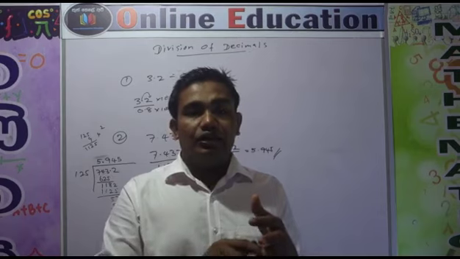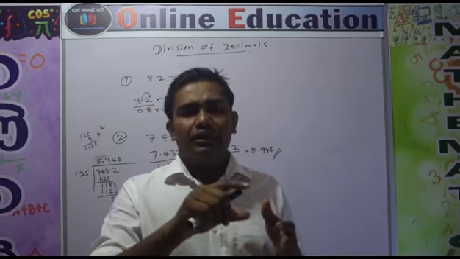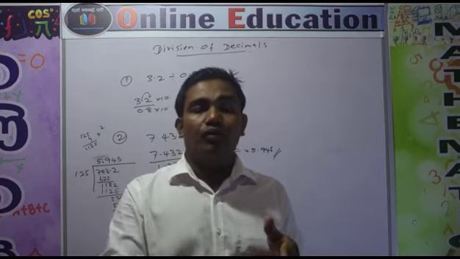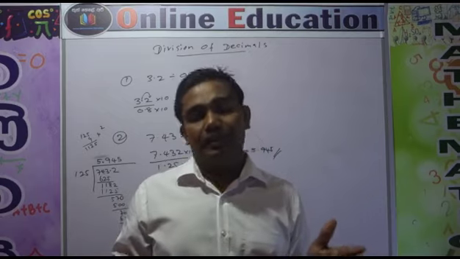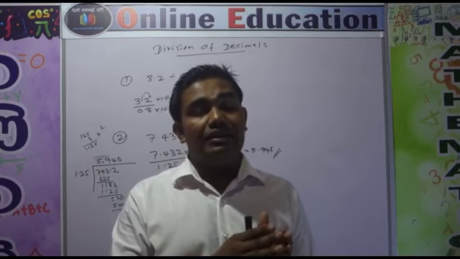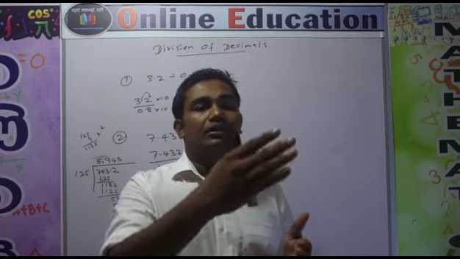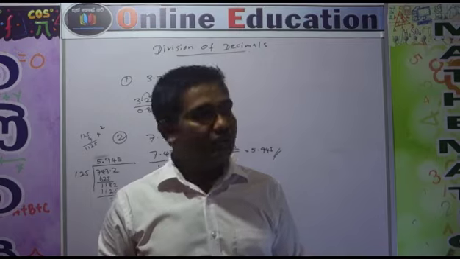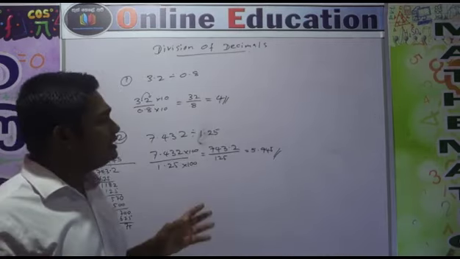If there are 2 decimal places in the denominator, multiply both numerator and denominator by 100. If there are 3, multiply both by 1000. 4, both by 10,000, like that. That depends on the number of decimal places. When the decimal places increase one by one, the number of zeros in the multiplier should also increase one by one. That's the way you can understand that part very clearly. This is the